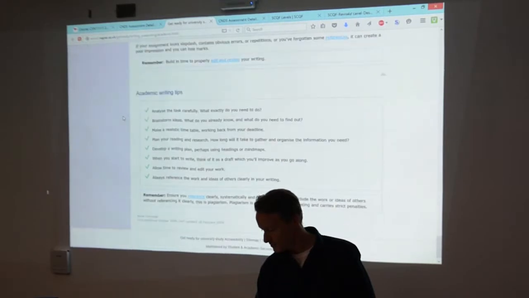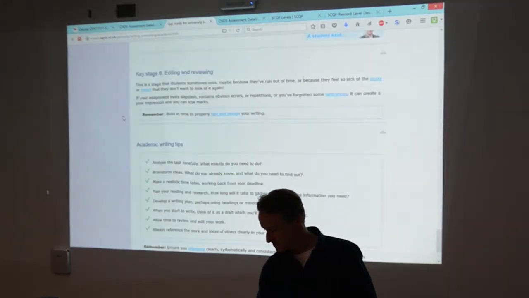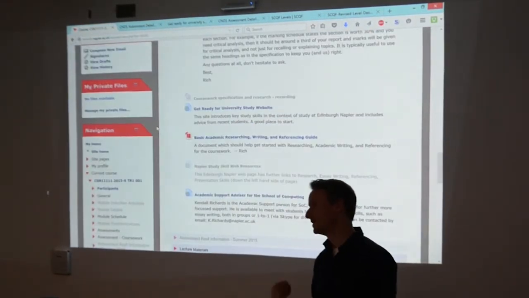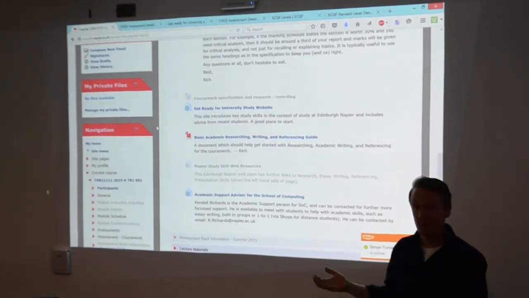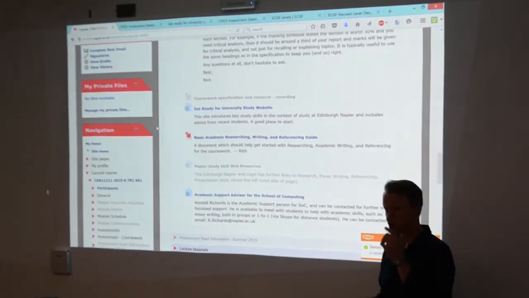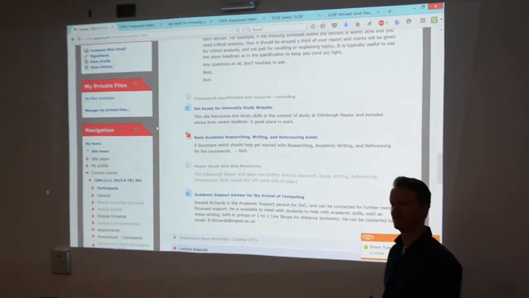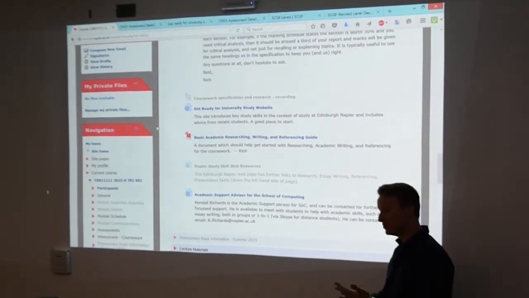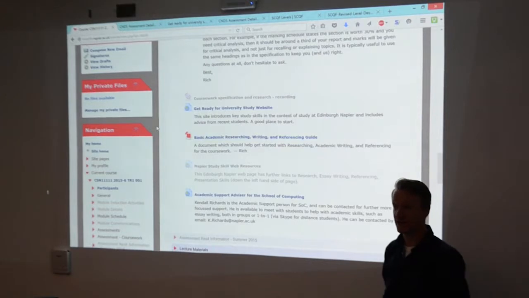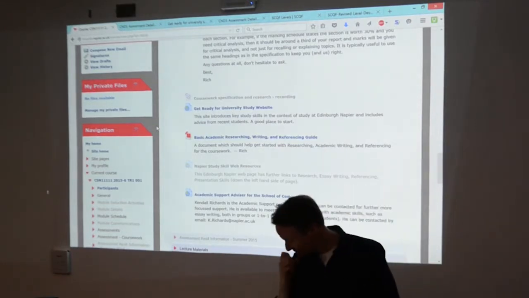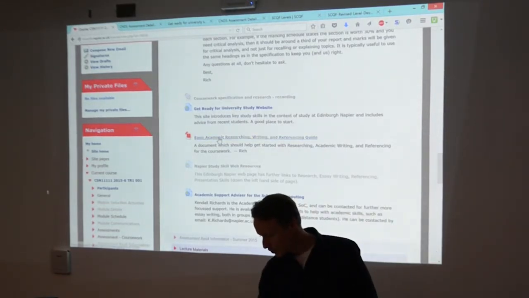There's a bit about academic writing tips and things like that. So there's plenty of material on there to get you going. And as I say, if you come back and keep reusing the material, for example, what's in an introduction, what's in a conclusion. Make sure you go and read the material about those things. Find out that you're doing the correct thing. If you're doing a conclusion, you should be summarizing, you should be highlighting the key things. You shouldn't be bringing new material in at that stage. So just that kind of basic understanding of what we're looking for.